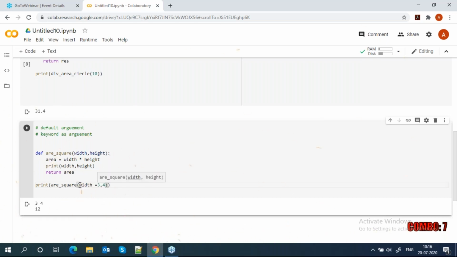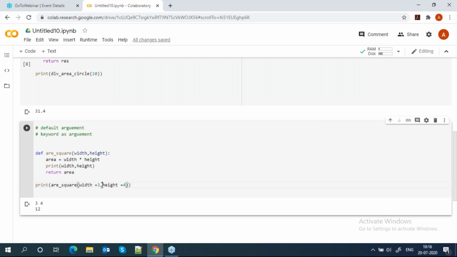So this is width, and height equal to 4. You can see that 3, 4. While using the keyword, no need to maintain this particular sequence.